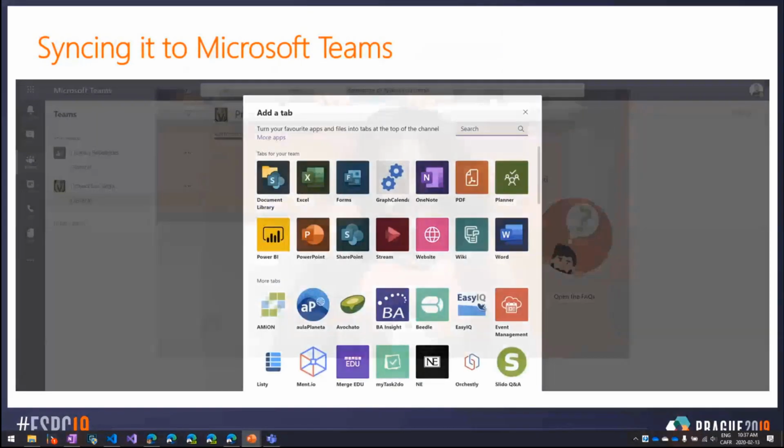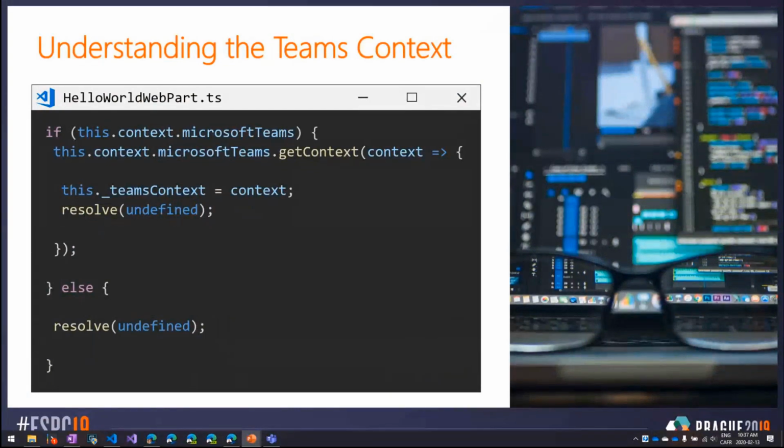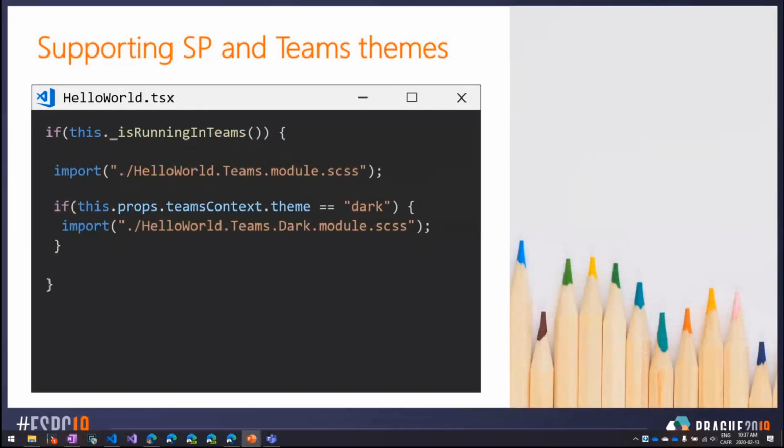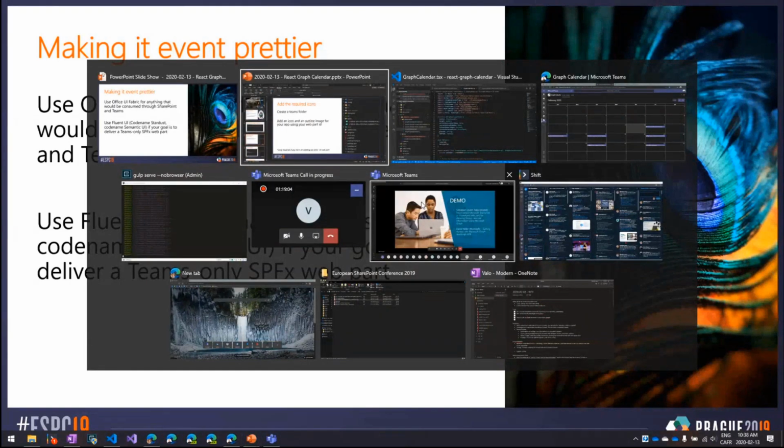So just before I hand it over to Al, I wanted to come up with a couple of tips and tricks for you. Just as a reminder, first, you can always understand the Teams context. That's the way you know if you're running in Teams. The second thing, importing themes based on if you're in Teams or in the dark mode of Teams, really useful when you're building cross-platform solutions. There's an interesting framework called the Fluent UI framework, which used to be called Stardust, which could be an interesting UI framework approach. Stardust is what is being used within Microsoft Teams. So if you want to look into it,